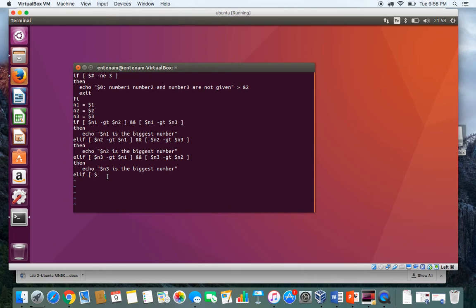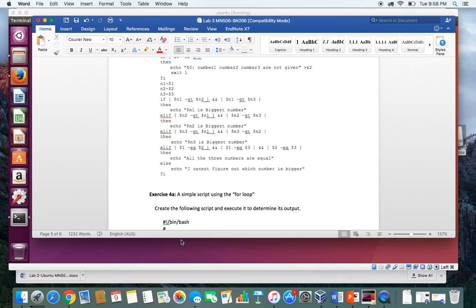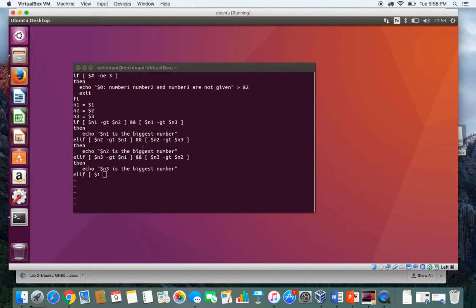Okay, so $1 equals $2 and $1 equals $3 and $2